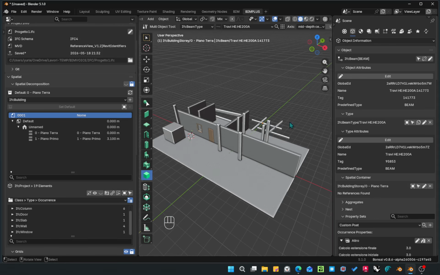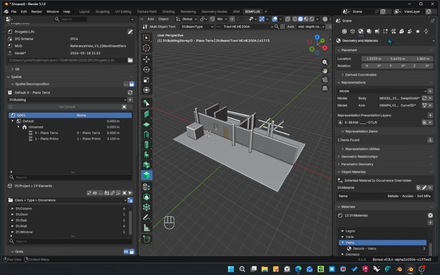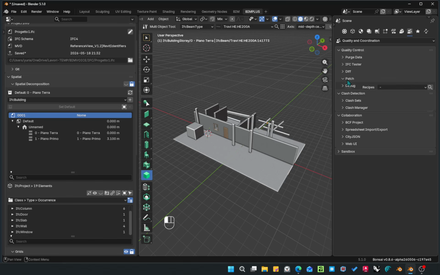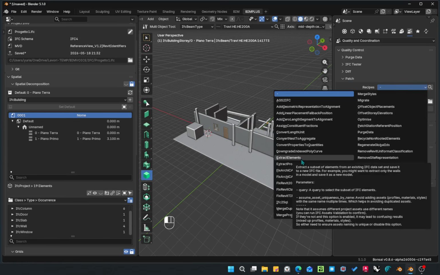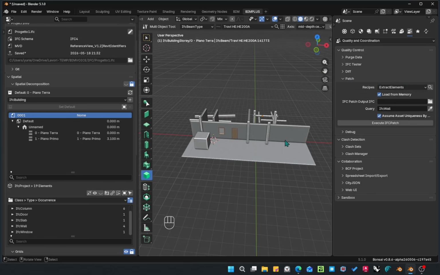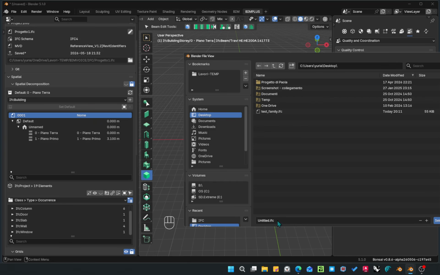To solve this kind of error of double stuff and double types, double profiles, and so on, it's very simple, because you can go here, go to Patch, load from memory, of course, and from the recipe you have to choose extract elements. To select all of them, go here or press A and go to this element, to eyedropper, and here you will have the ID. Okay, choose the IfcPatch output IFC. I want to choose this one, extracted, and